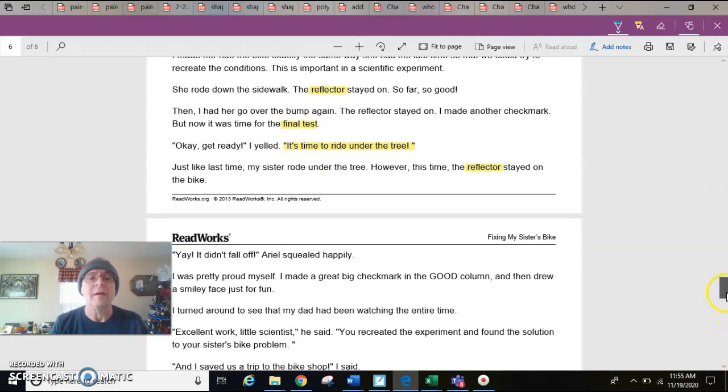So when I go up here, this will be just like last time, my sister rode under the tree. However, this time the reflector stayed on the bike. Now,